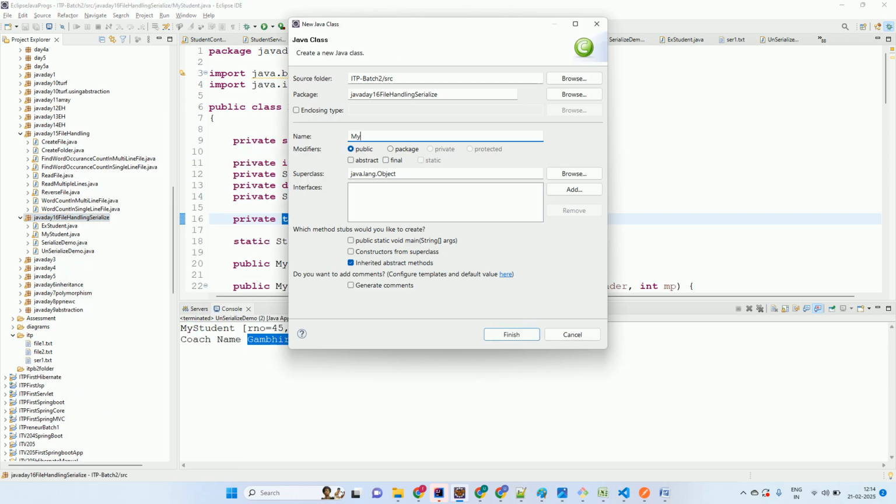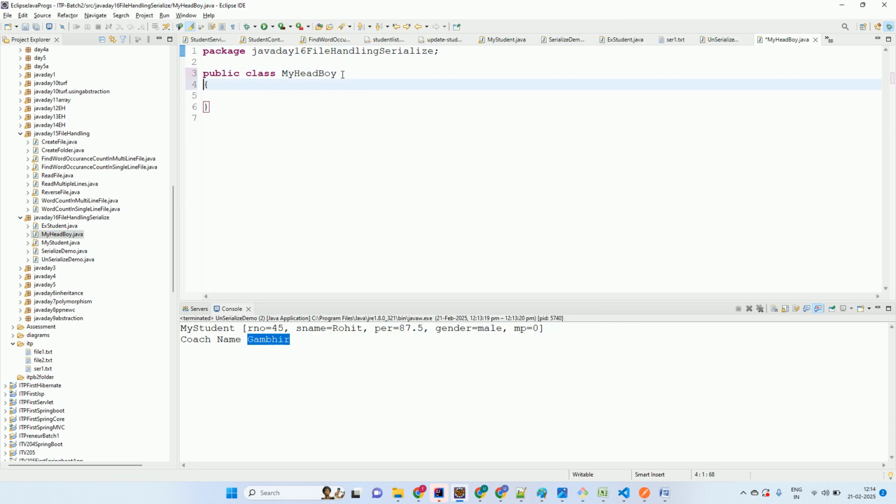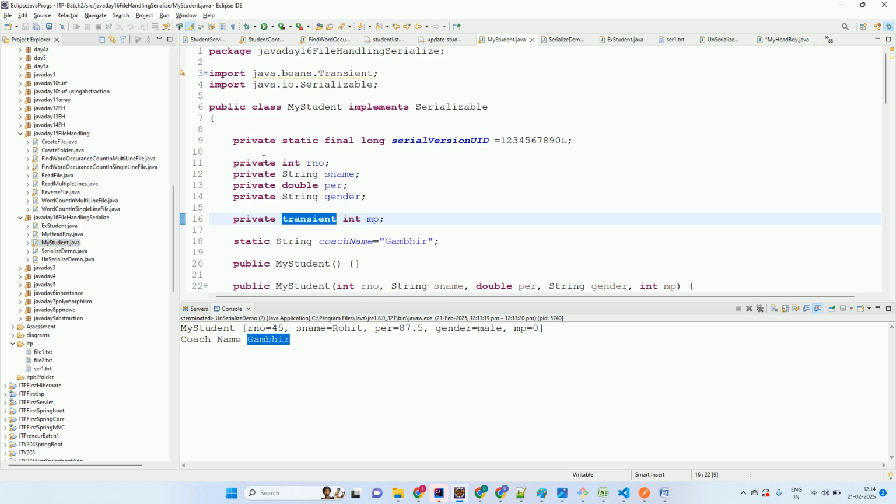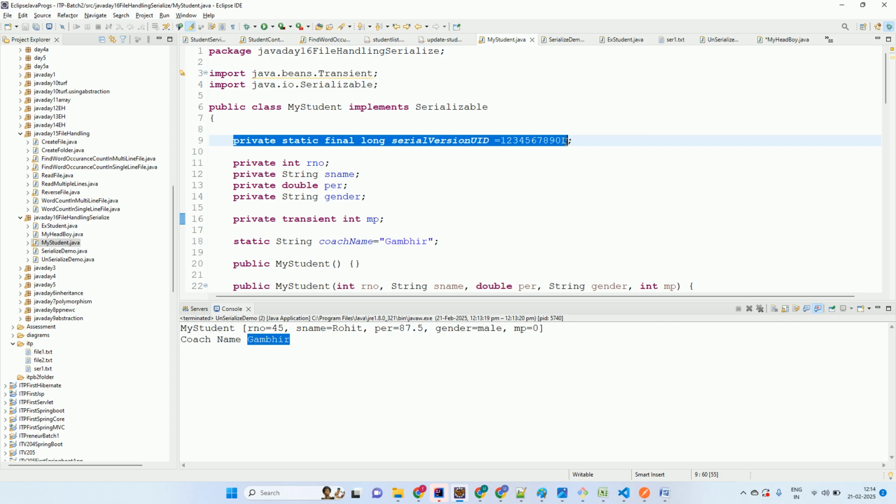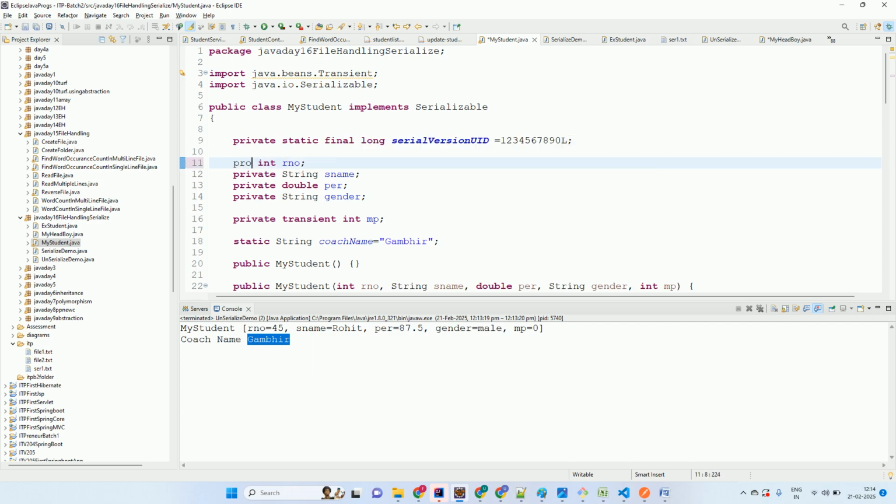स्टूडेंट क्या बन गया अभी? हेड बॉय बन गया। तो किसको एक्सटेंड कर रहा है ये? एक्सटेंड्स माय स्टूडेंट। अब इसके अंदर जो भी आप चीज़ें लिखोगे, तो अब इसने क्या इनहेरिट किया है यहाँ से? ये तो इनहेरिट होगा नहीं, तो प्राइवेट होगा। बाकी आपको अगर ये इनहेरिट करना है तो उसको प्रोटेक्टेड कर दो, राइट। तो ये भी इनहेरिट करना नहीं है। ठीक है।